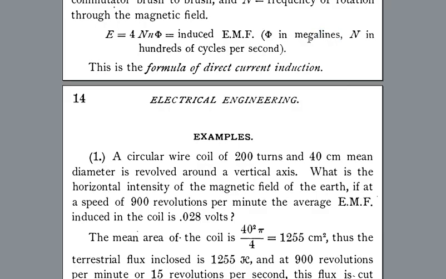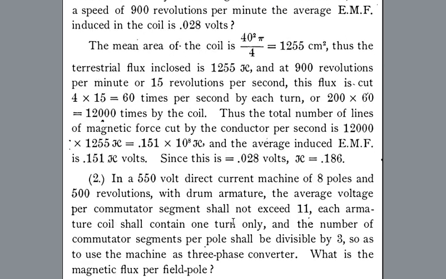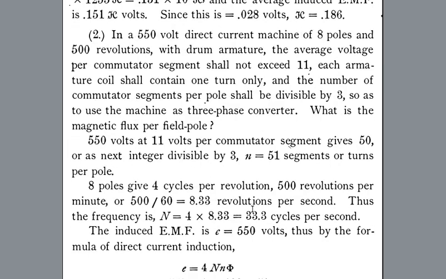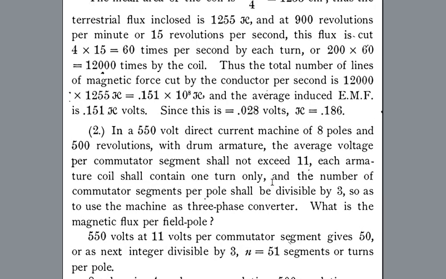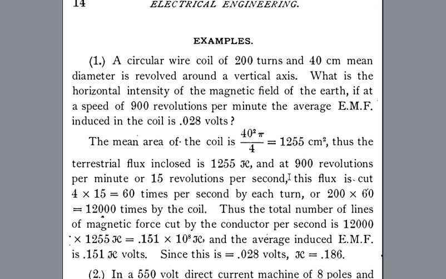Examples. 1. A circular wire coil of 200 turns and 40 centimeters mean diameter is revolved around a vertical axis. What is the horizontal intensity of the magnetic field of the Earth if at a speed of 900 revolutions per minute the average electromotive force induced in the coil is 0.028 volts? The mean area of the coil is 40²π/4 = 1255 square centimeters. Thus the terrestrial flux enclosed is 1255 times x,